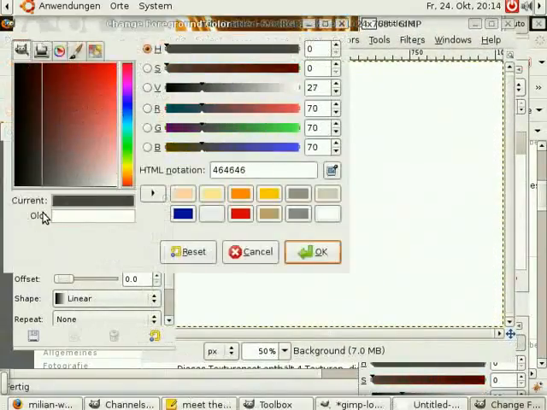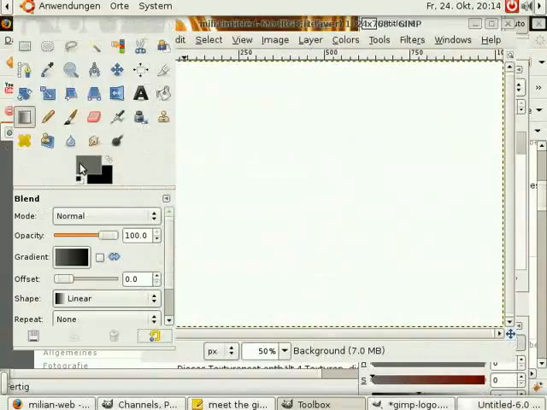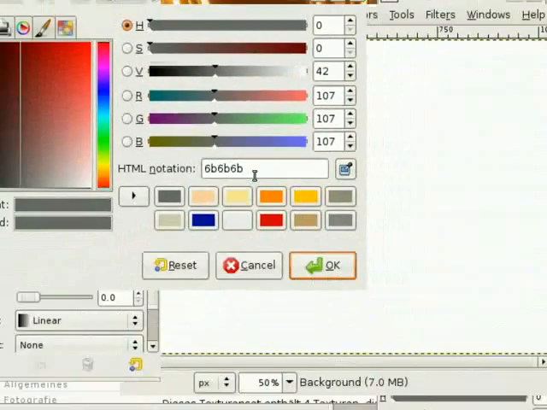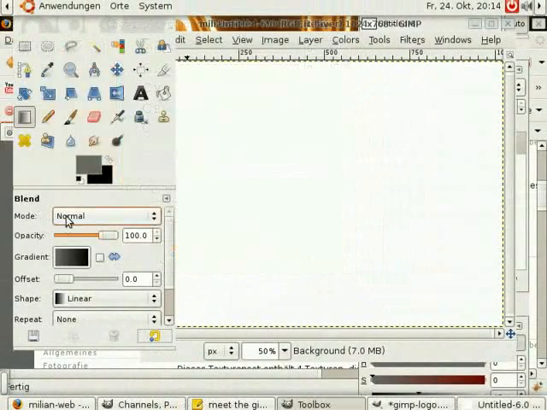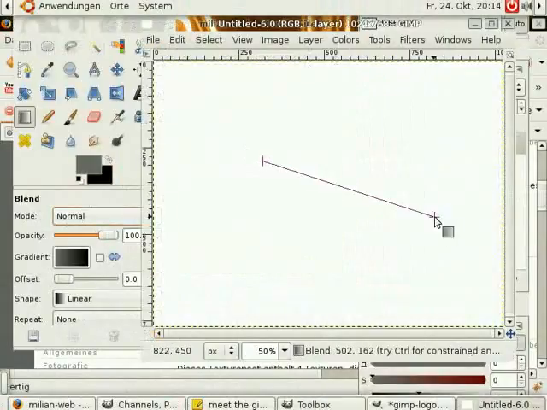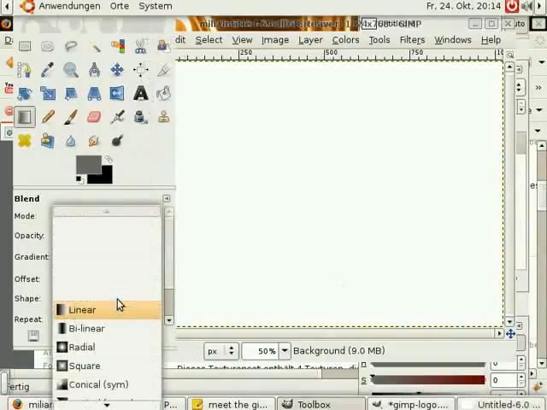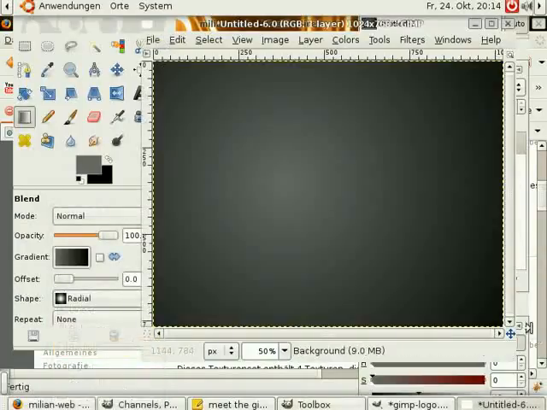So pick up a gray, a dark gray. So this is 6B, 6B, 6B. Okay, and drag it just like that. No, sorry, I forgot to set the shape to radial. Okay,